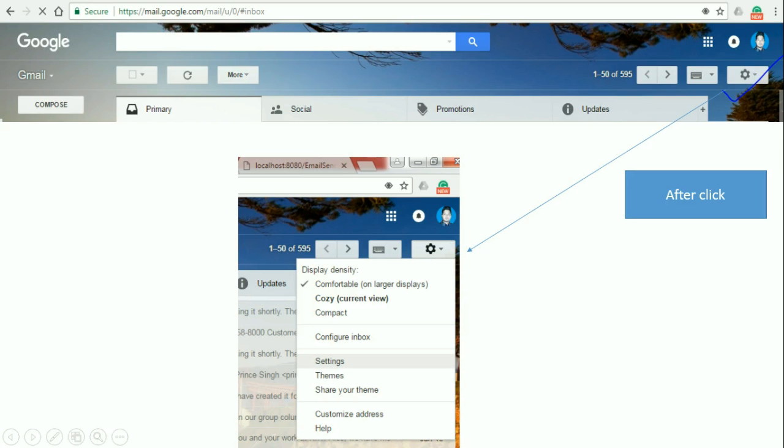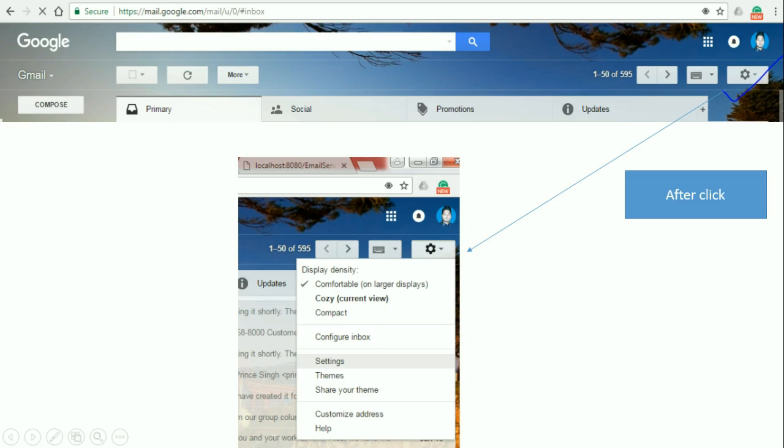I have logged in to my Gmail account, as below. If you press the settings icon, you will get a drop down as below. You need to select the settings tab.